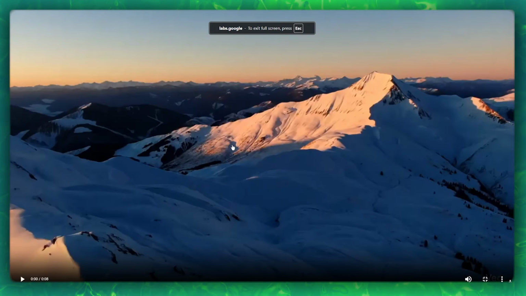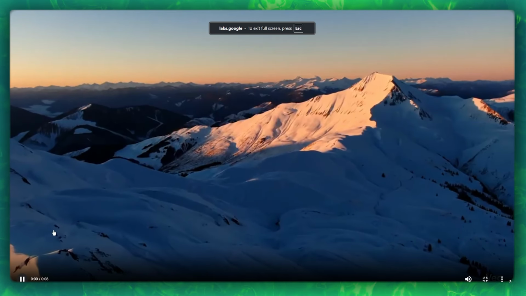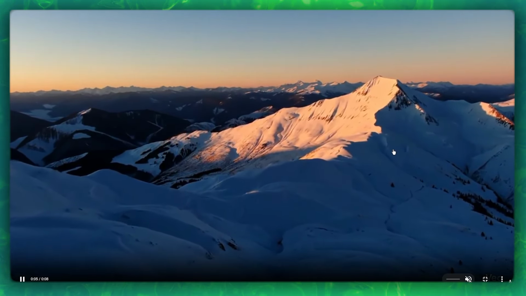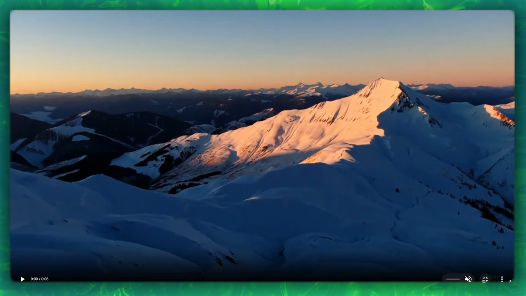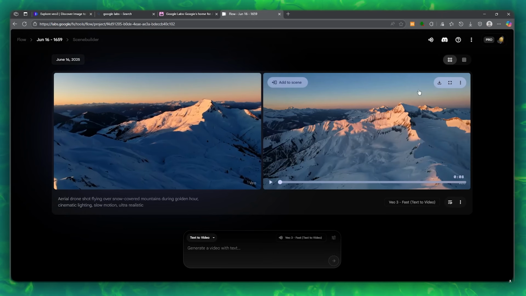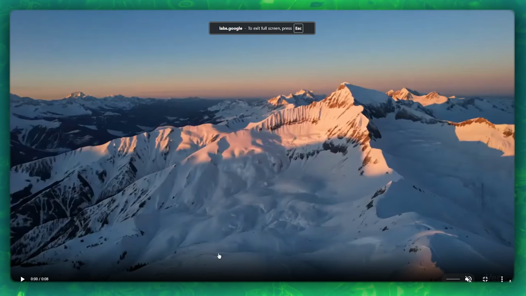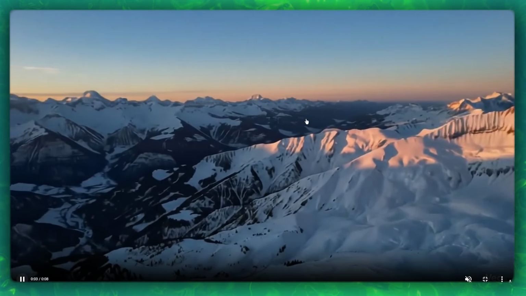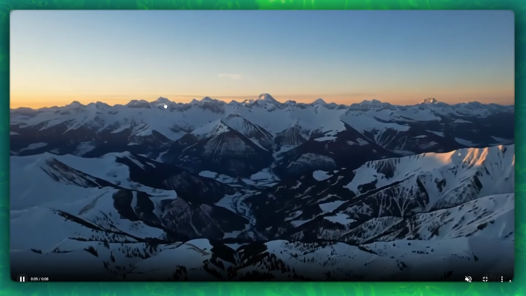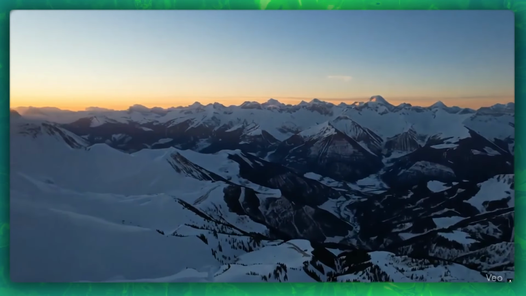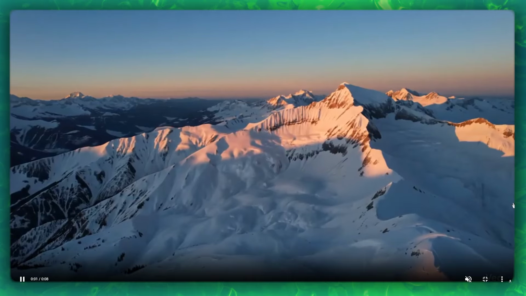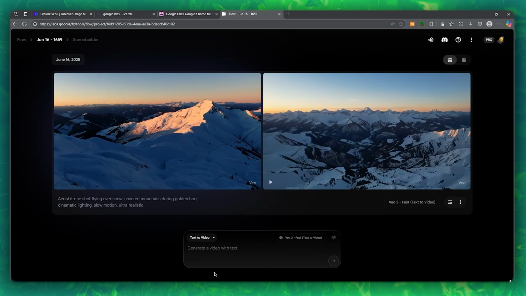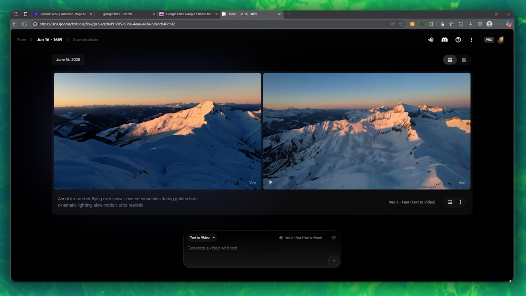So I'm going to full screen it and we're going to play it. Now you can see how incredible this actually looks. It looks absolutely real time, and it gives us a really cool idea of what VO3 actually provides us. And this is the second variant. It's pretty much going to be the same, but as you can see, it has sort of a moving camera as well, which is pretty cool. So just like this, you can create amazing lightings and amazing generations for yourself. This is what Google VO3 actually provides you, and this is what you're missing out on when it comes to actual